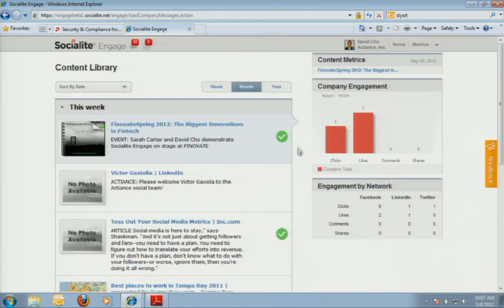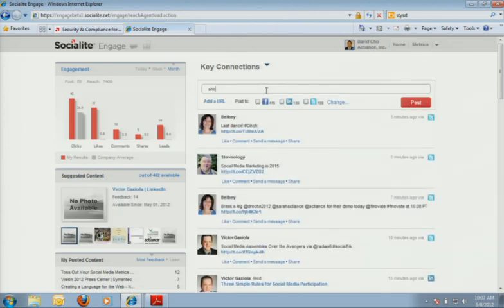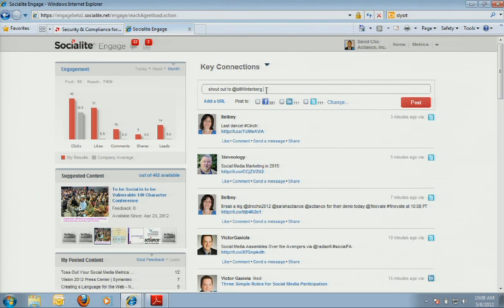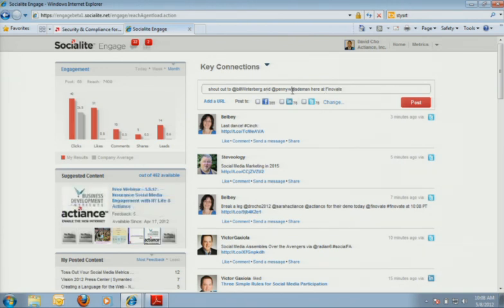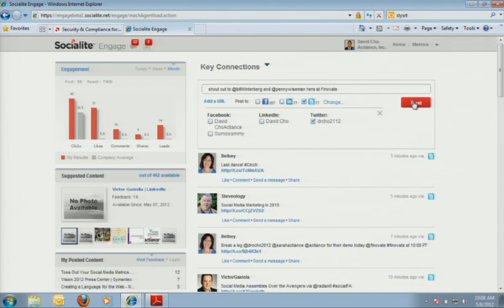There are other ways in which you can engage and share content on social through Socialite Engage. David's now going to share some content that he creates himself, and I know we have some luminaries in the audience today, and we're just going to do a quick shout out to 2 of those that we recognize from the Twitter feed. Twitter? You have to select Twitter. Okay, excellent, thank you.